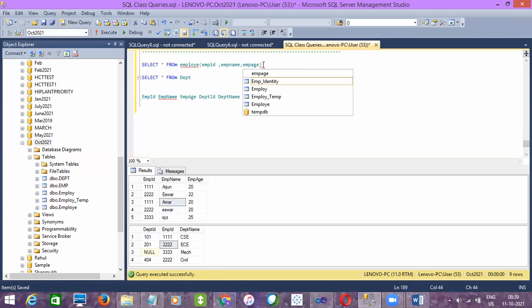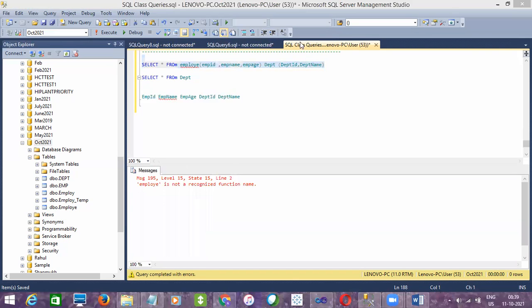At the place of star, you can mention column names. Then go for department in the brackets, department ID and department name. You need to go for from column. That's it. Shall we try? Do you think this will work?